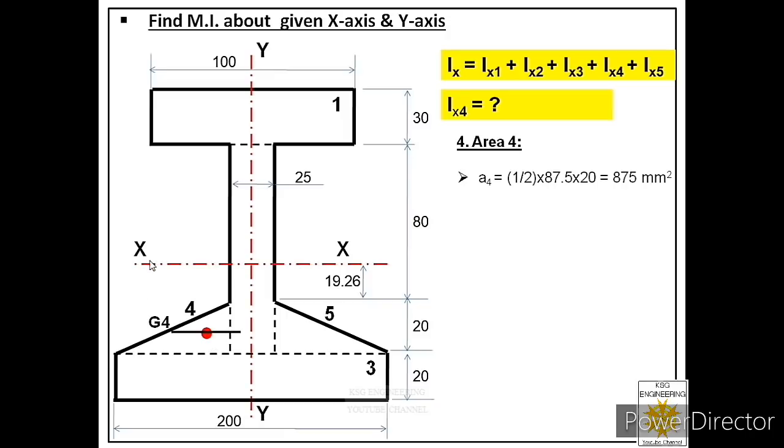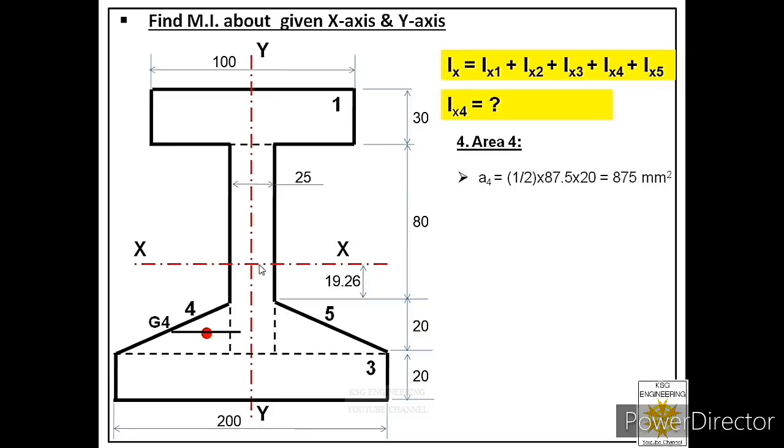But right now we are dealing with the x-axis, that is a horizontal axis. So from that centroid, we will draw only the centroidal axis which is parallel to that main axis. That's why we have drawn a horizontal line from the centroid. Now the next step is that we have to find the distance between these two axes. That will be called h4. So let us see how we can find that distance.